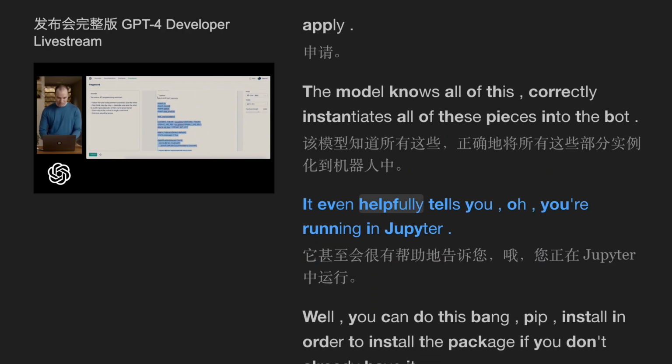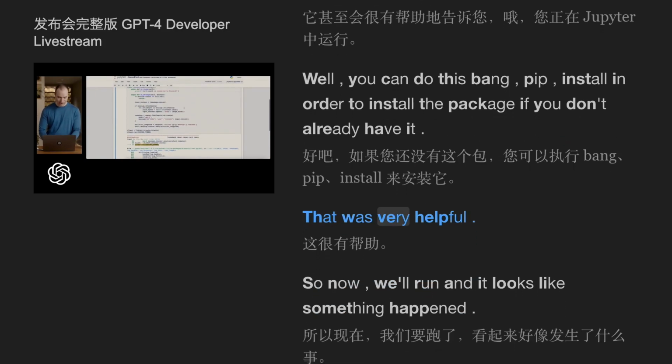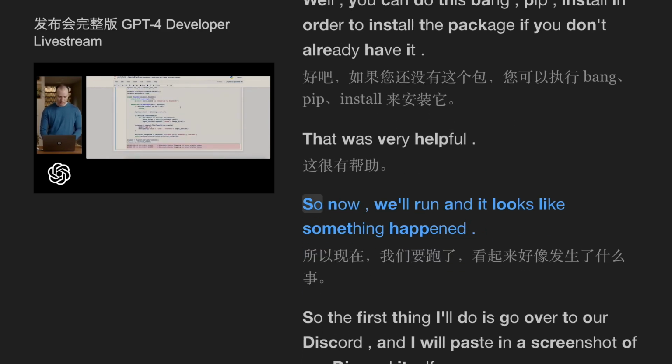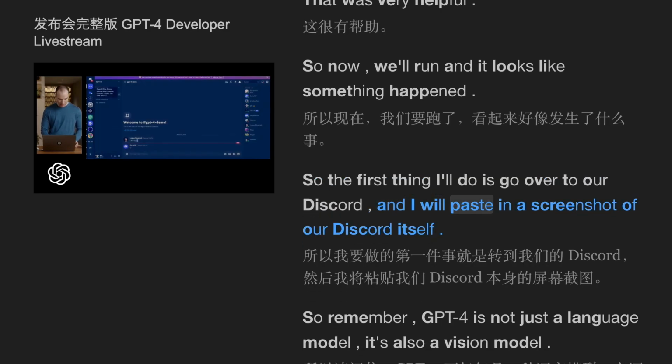It even helpfully tells you, oh, you're running in Jupyter. Well, you can do this bang pip install in order to install the package if you don't already have it. That was very helpful. So now we'll run, and it looks like something happened. So the first thing I'll do is go over to our Discord, and I will paste in a screenshot of